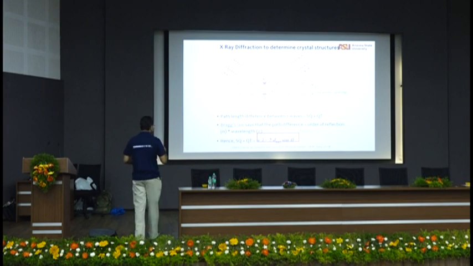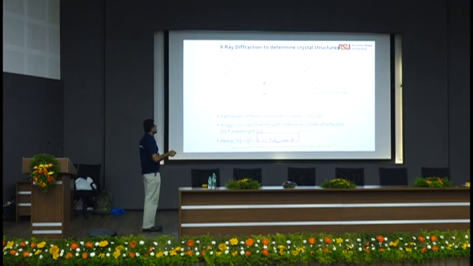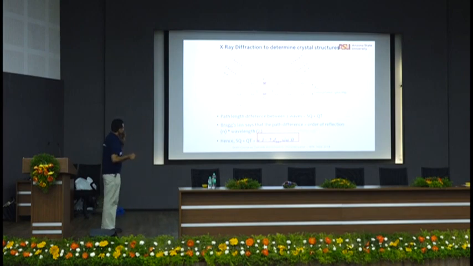So now if I take it a little further, assume that I have a lattice of atoms spaced at a distance of d apart, and assume that many different X-rays are coming here. If I just take two X-rays, the first X-ray hits this atom, the second X-ray hits this atom and reflects. So these are constructive interferences. If the first wave and the second wave are traveling different distances, then by simple logic, the second wave is traveling SQ plus QT more than the first wave.